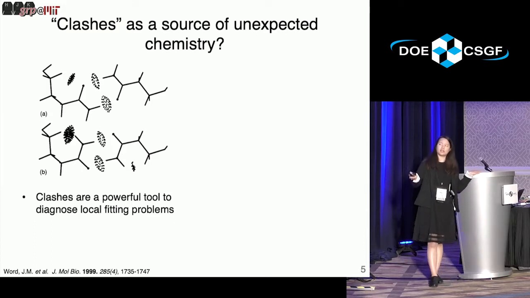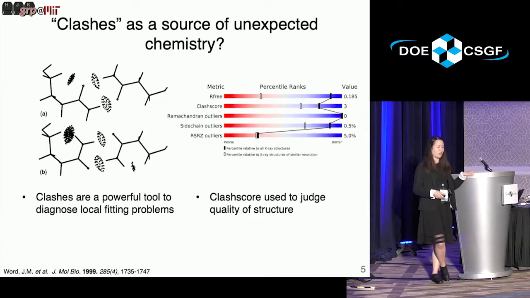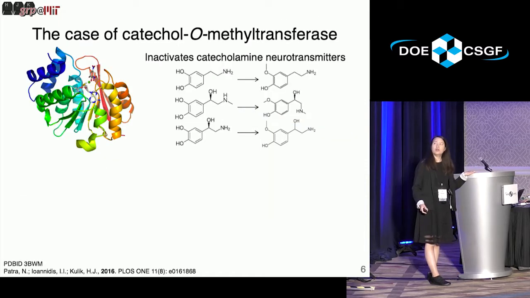In this case on the left, there's a choice between the tautomer, so it can either be in this orientation or this orientation. In the bottom, there's more overlap between the atoms, and so the correct way to orient it is this top one. Clashes are a powerful tool for diagnosing local fitting problems and are one of the ways that people judge the quality of a protein structure. If a protein structure has too many clashes, it's considered a poorly solved structure. But there's a case that made us think, wait,